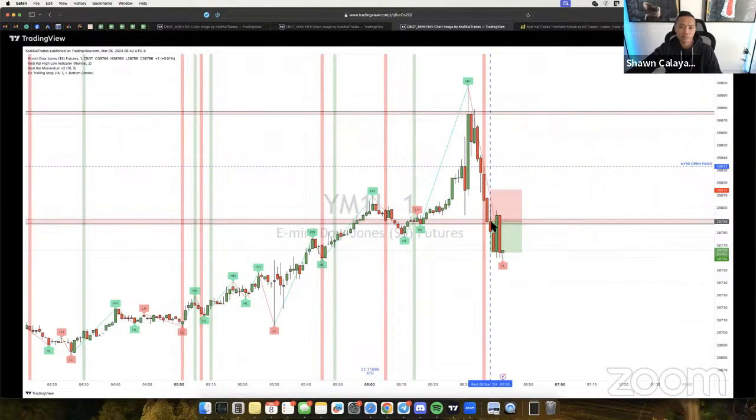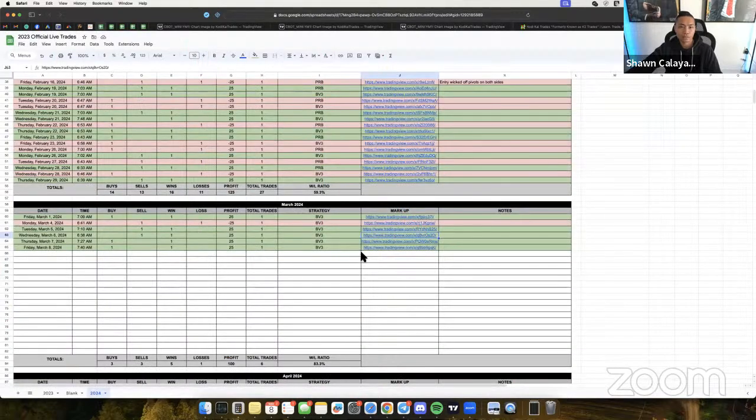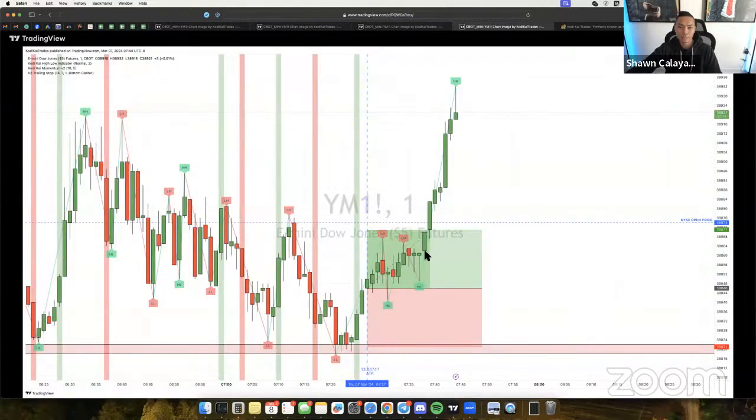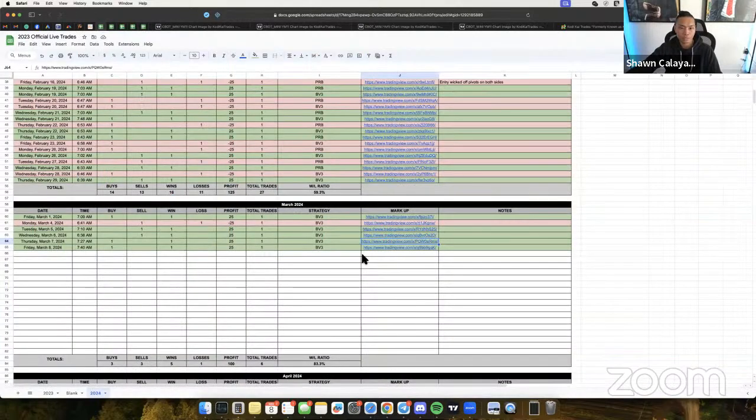This is why I'm saying we don't really need to cover it, because they're so straightforward that there's no analysis that really needs to be made. This one over here on Thursday went sideways for a long time. This was because Powell was speaking. The market was consolidating, and then eventually when he said some good stuff, price spiked up. That's why that happened on Thursday. And then of course the entry for today